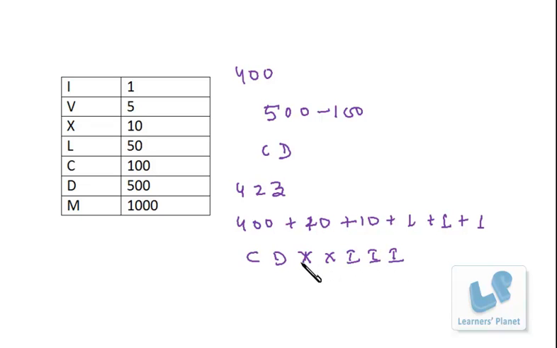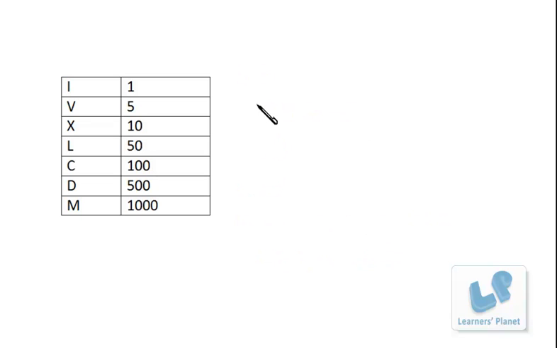Clear? The remaining symbols can be used as we are using earlier. The only difference over here is the representation of 400 that we have done like this. That is 500 minus 100. Clear? Now let's write